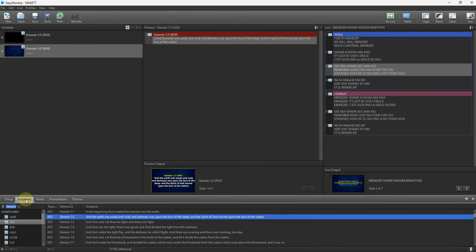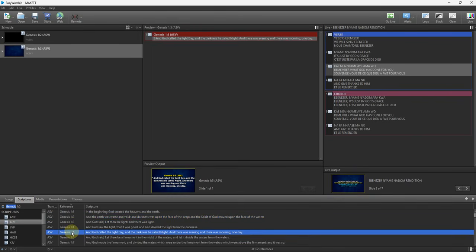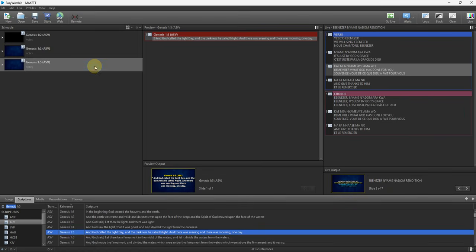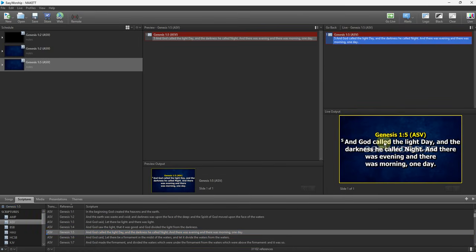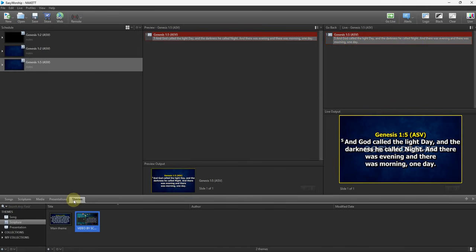Now let's go to scripture, and then let's search for the scripture. Now when we project this particular scripture, it is going to show this way. The reason why it's going to show this way is because that is our main theme. Now when you want to later apply this new theme to the scripture, maybe I've shown the full scripture, you want it this way, you can just drag it to this particular one, and then you double click on it